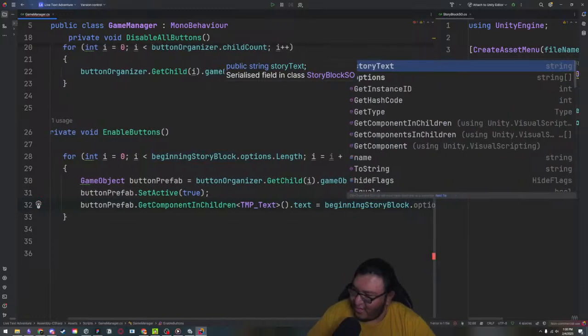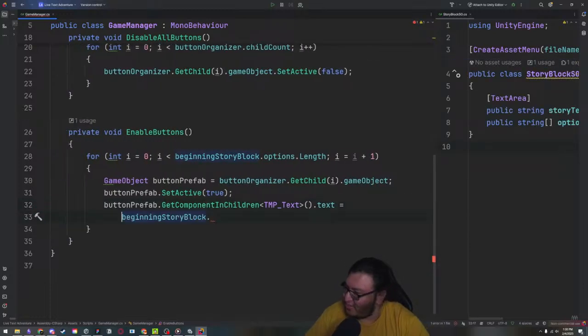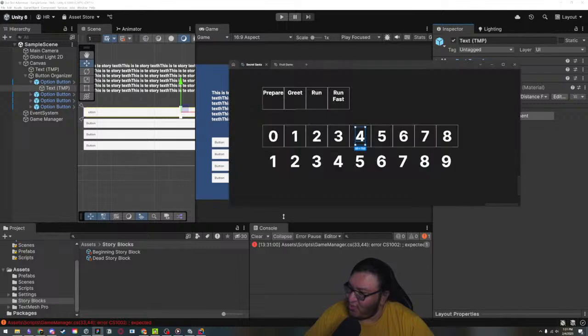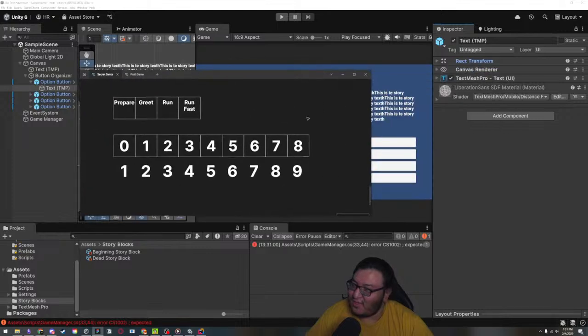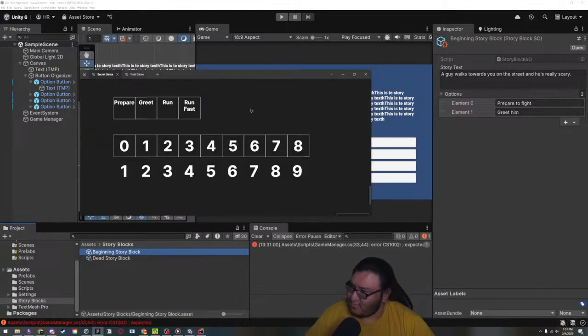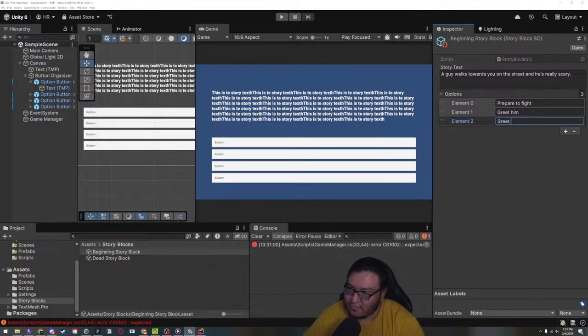dot. Let me just press enter. Okay, we're going to set this equal to beginning story block dot options, and like I mentioned before, our options is going to be an array. And in order to access each of these options, so in order to access the runaway, and then runaway fast,